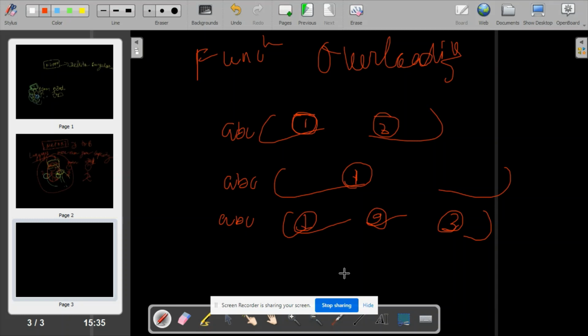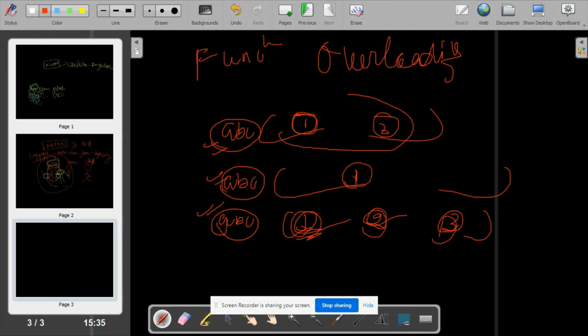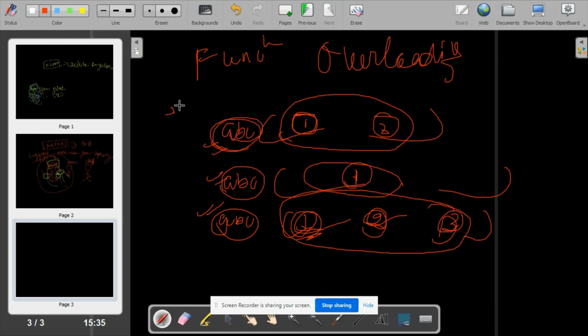I hope you are very much clear with the parameter term. The parameters are passed in the functions. So the function name is same. It is also ABC, but with different parameters. So this function ABC, this function ABC, let me write with another pen,